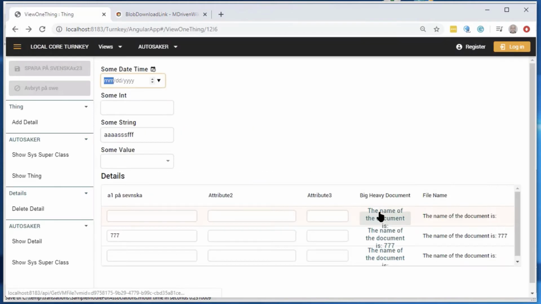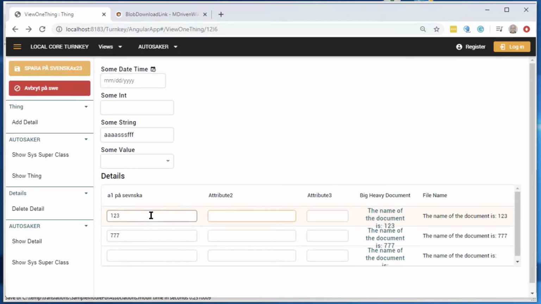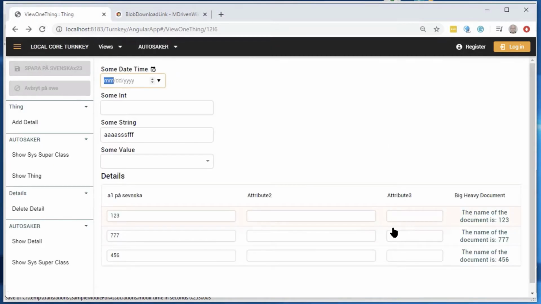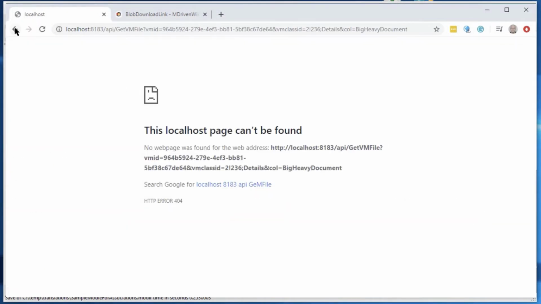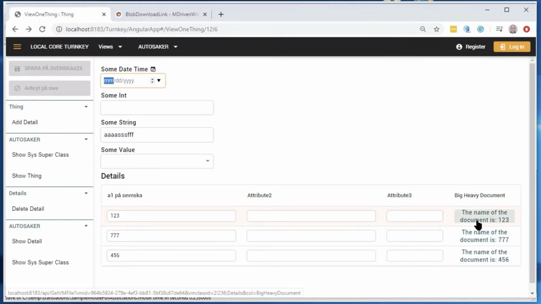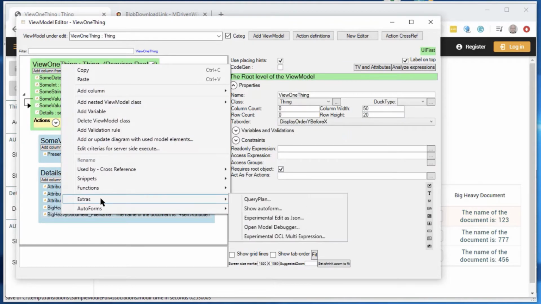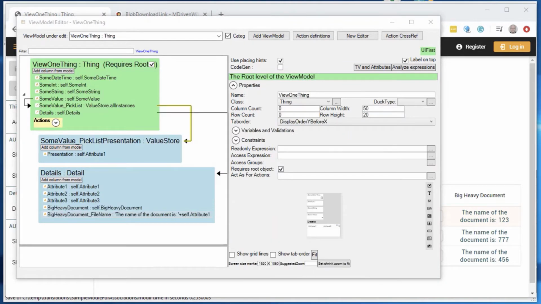So we can see that we have it, but it points to no document really, and also it's erroneous that both the big heavy document and the file name shows. So we should probably hide this column by putting false in the visible expression like this, but we get an error because there's null in the content. So just to get a good example to test,